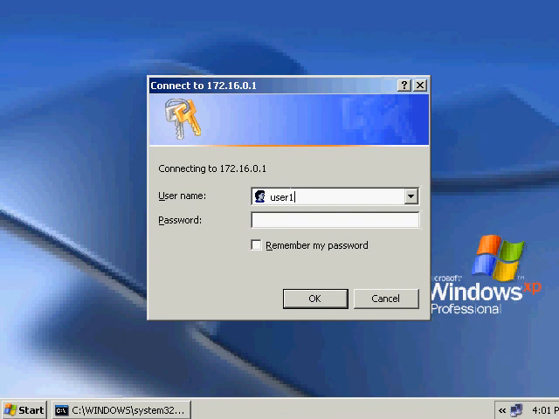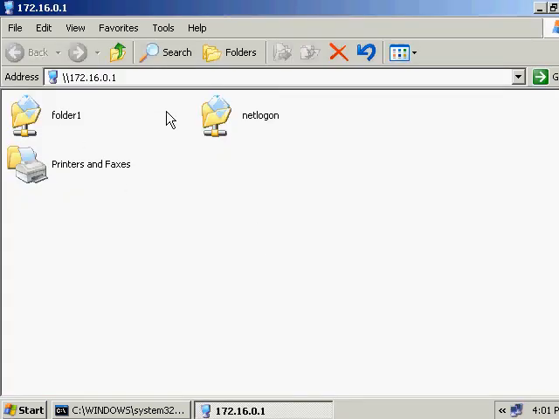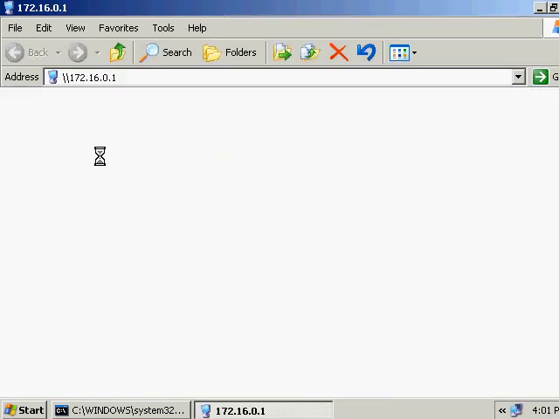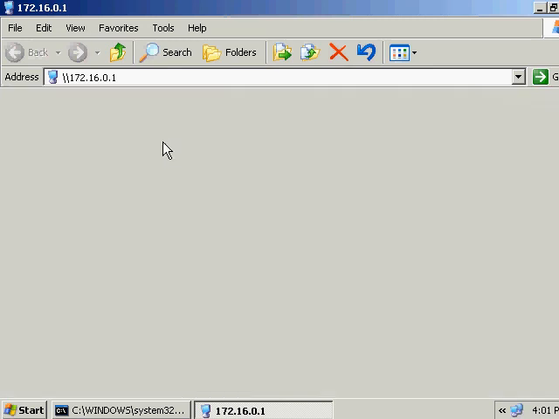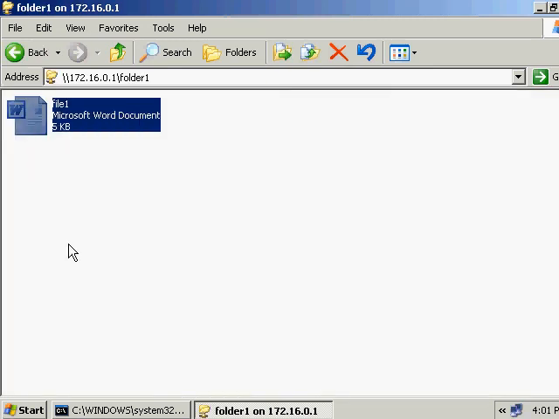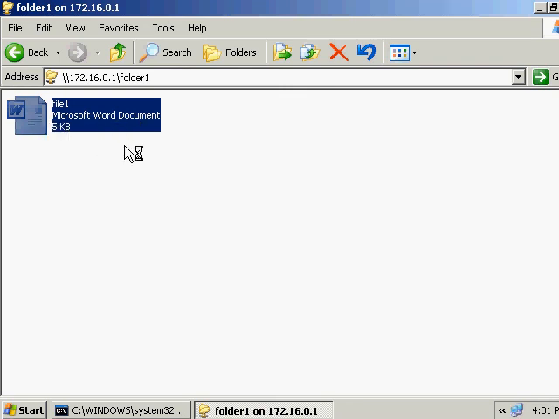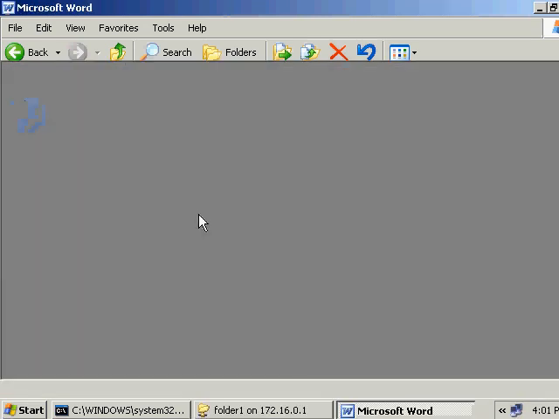Now you have to give the username and password of Windows NT in order to access that file or folder. Here is folder 1 that I shared from Windows NT. You can open it, copy it to your Windows XP machine, or do whatever you want.